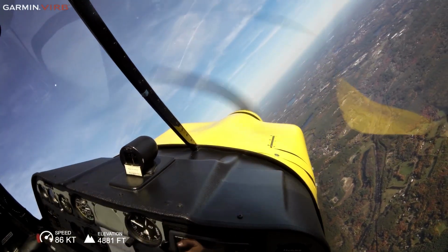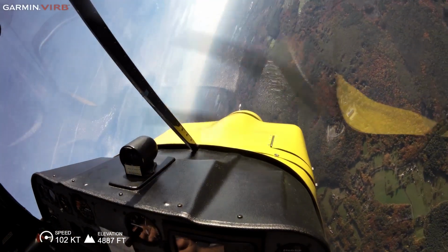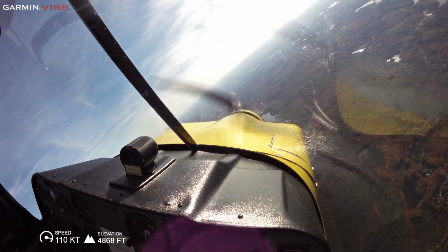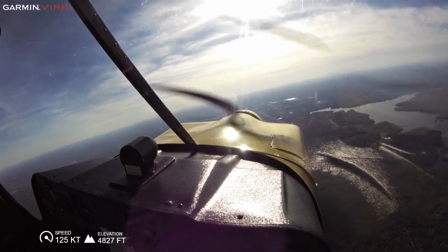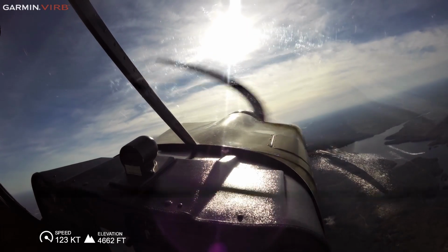Okay, now let's exceed coordination. Go ahead, point the rudder at the ground. See how bad that got quick? Okay, now point the rudder at the sky. That's kind of not a big deal, isn't it? It's a much more solid flight. Yep. So if you're ever trying to determine which direction...